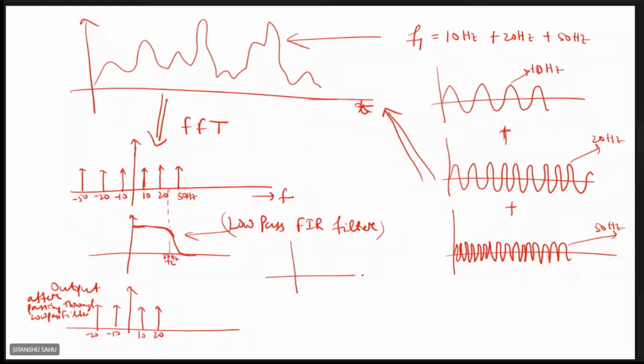When we design a high pass filter, the filter response will be like this. So that means it will only clear the 50 hertz. The cutoff frequency will be 50 hertz. Okay, sorry, the cutoff frequency let us keep at 40 hertz, so that it will keep only the 50 hertz sample and the rest we will omit. And if you take the output, then it will only have the 50 hertz sample. Okay, this is the output of the high pass filter.